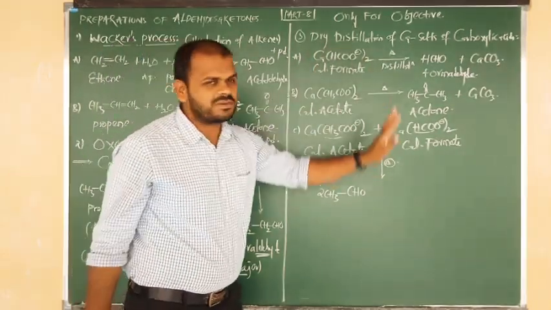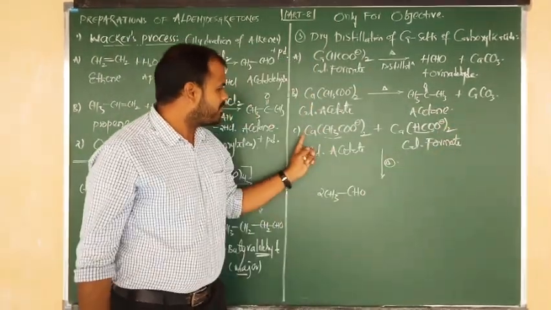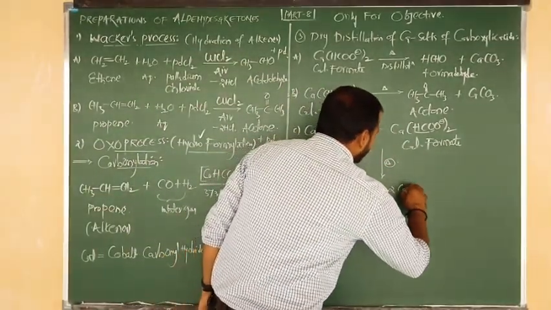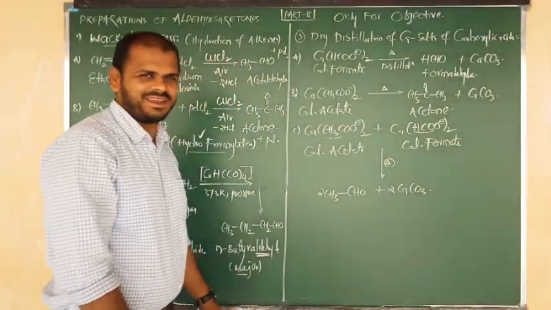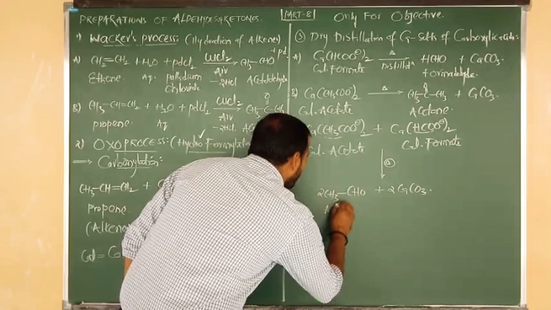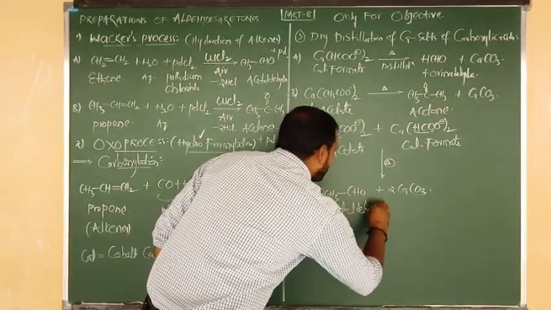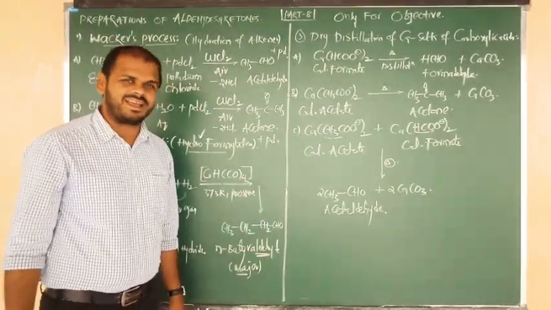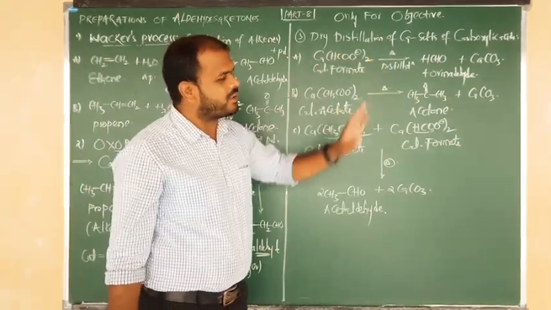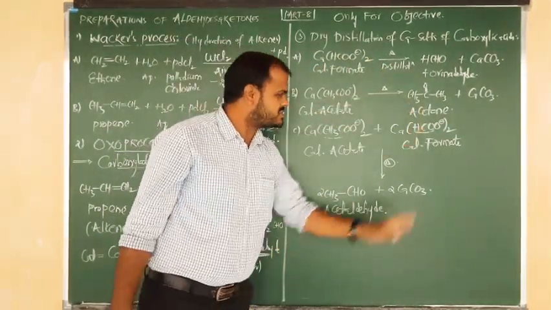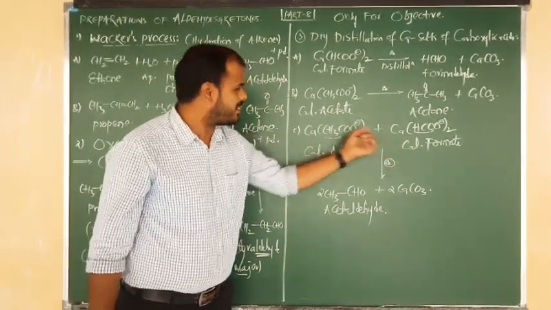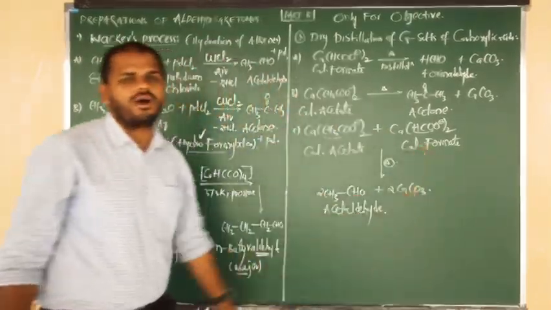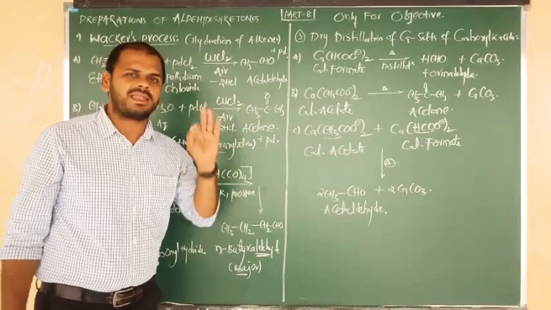Here calcium changes into calcium carbonate. But in this reaction, how many calciums are there? 2 calciums are there. Again same thing, 2 moles of Ca change into 2 moles of CaCO3. Now beta, what is the product you are getting? The product is called acetaldehyde. Once again, calcium formate gives formaldehyde, calcium acetate upon distillation gives acetone. Mixture of calcium acetate and calcium formate: from here CH3, from here CHO, you are getting acetaldehyde. The remaining two calciums are eliminated in the form of CaCO3. Everything will be automatically balanced.